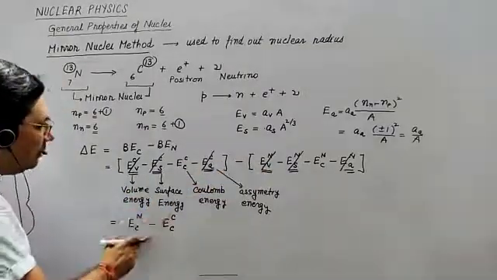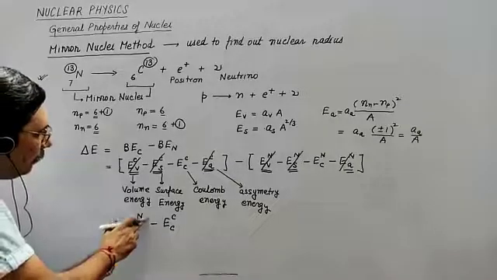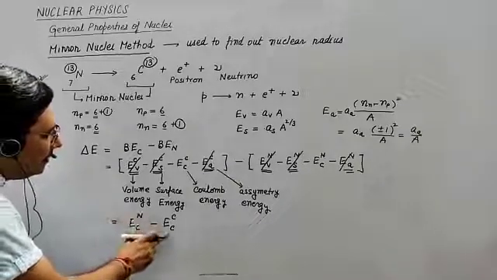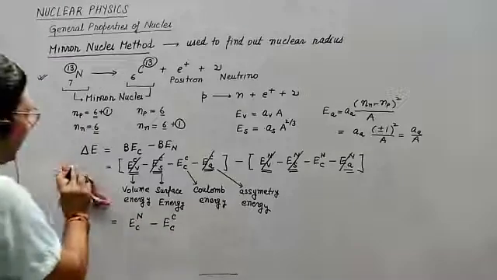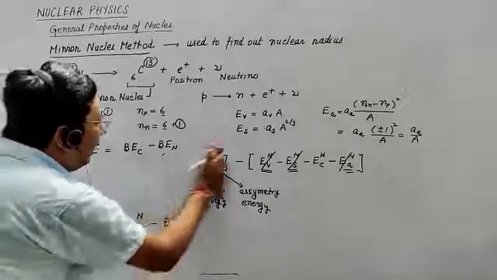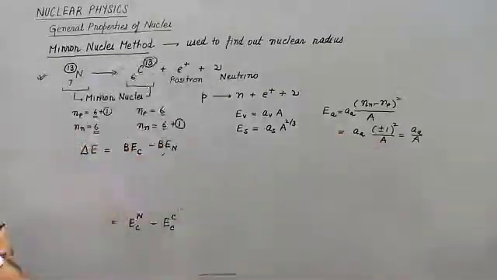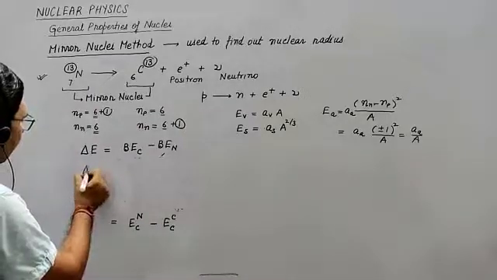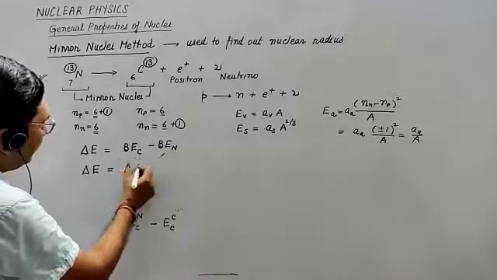Only the Coulomb energy term will survive. So here this will be EC for N13 minus EC for C13. Here I can rewrite this equation. You can note this down, and I can again rewrite this equation: delta E is equal to delta BE,